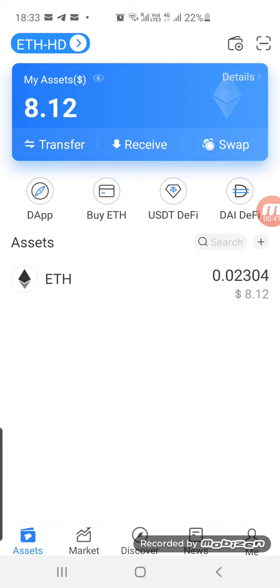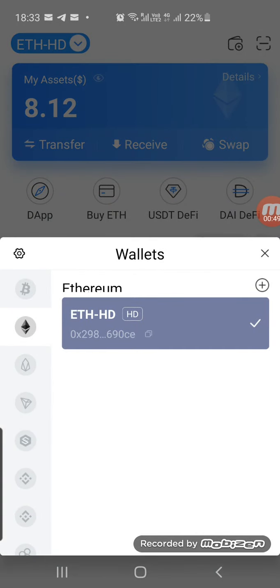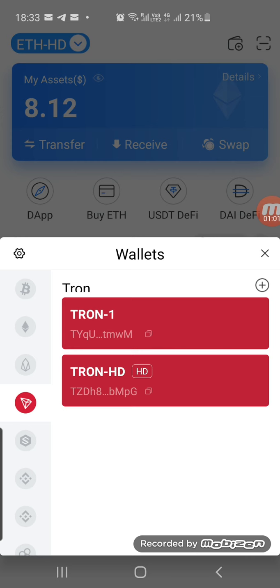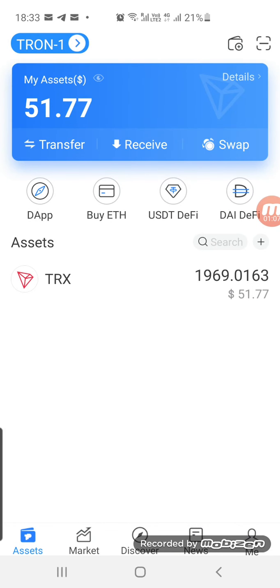So now I will show you two ways to convert it. You can see on the top right it says ETH. You just click on that, and below this you see first Bitcoin, then Ethereum, another EOS, and Tron. You select Tron and you will come to the Tron.